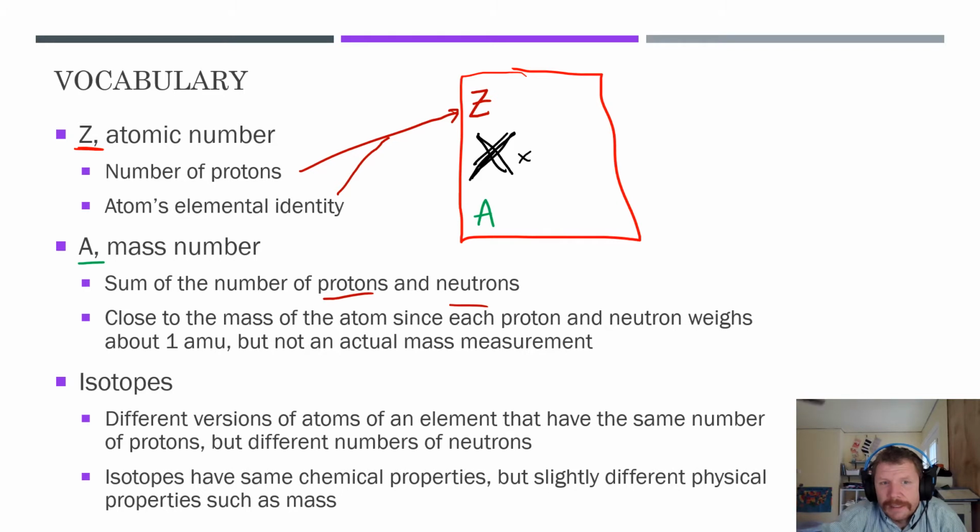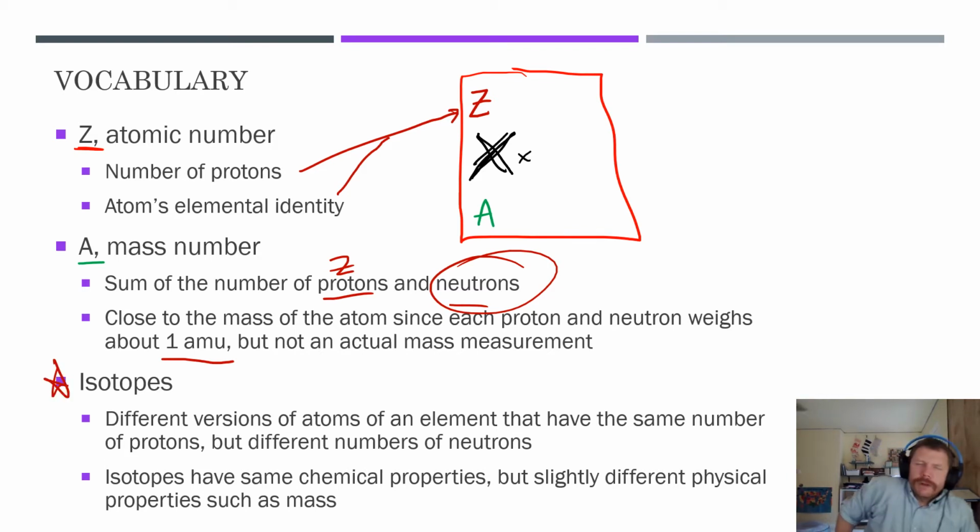So what that means is you're going to use Z in order to deduce what the number of neutrons are. This is going to be close to the mass of the atom, since each proton and neutron weigh approximately 1 atomic mass unit, but it's not an actual mass measurement. Now this last item here, an isotope. This seems like a little bit of a